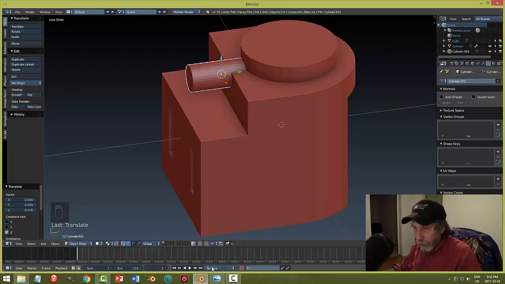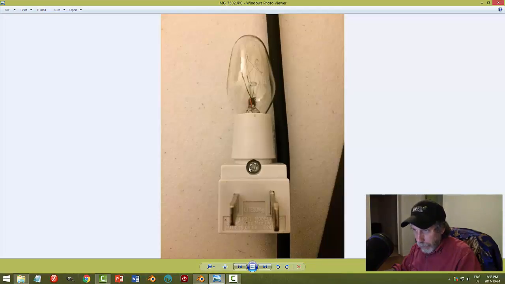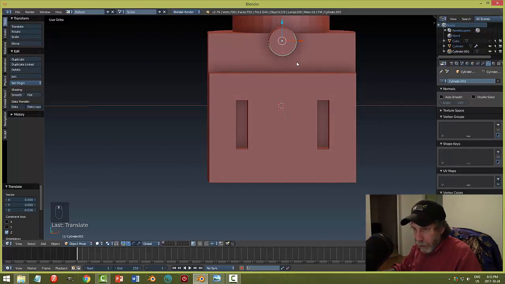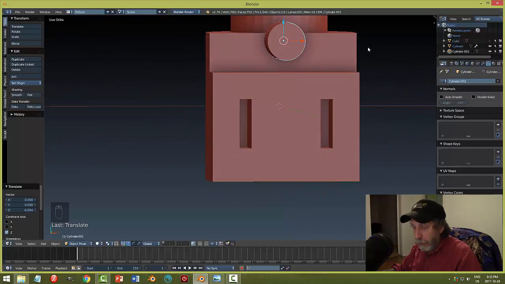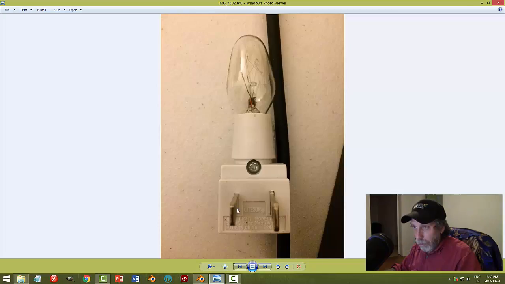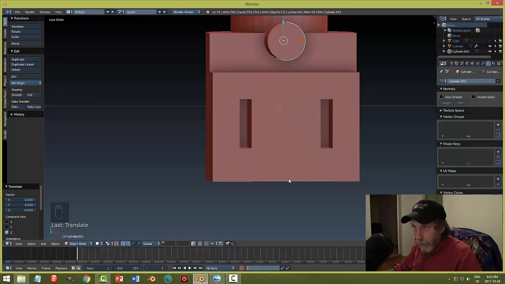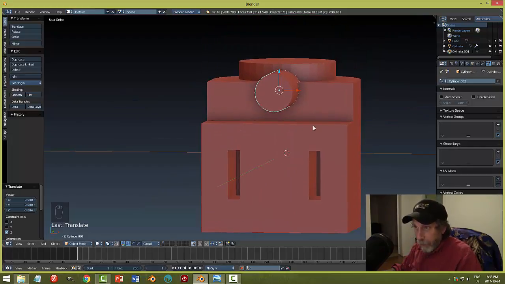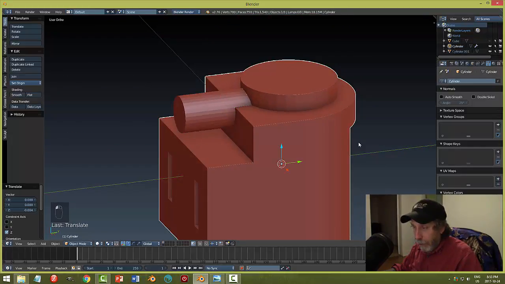And let's just have a look at the picture. It's about 1/3 into the cylinder and about 2/3 into this piece. So let's make it a bit bigger, like this. Something like that's not too bad, actually. How far down does it go, though? And there's a little bit of space underneath. I'm just looking at this area. And then that's okay. All right, I think I'm going to go ahead and try